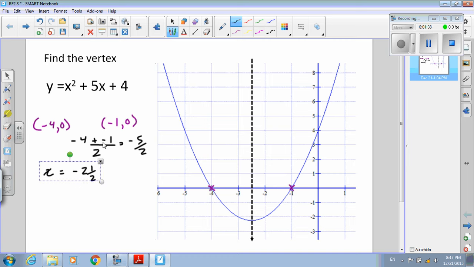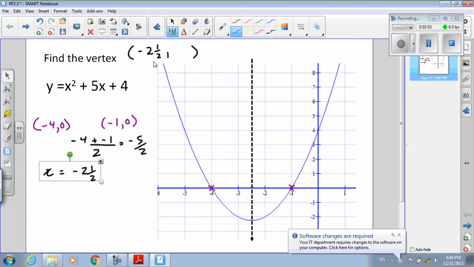That means that is the x value in my vertex. So I know my vertex would be for sure -2.5. Now, how am I going to find my y value in my vertex? Any ideas? Well, this is how you do it. You substitute your x value of the vertex into your equation, meaning you're going to square this value, so -2.5